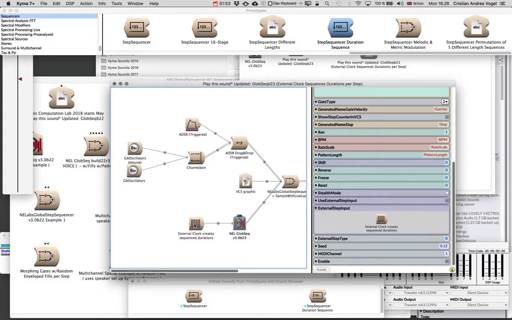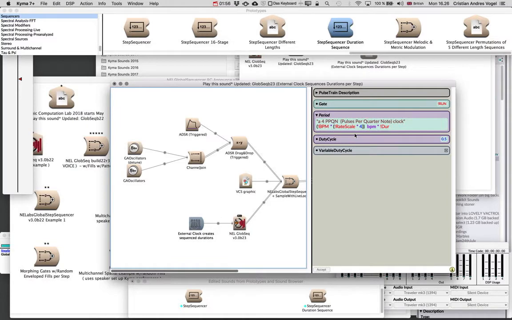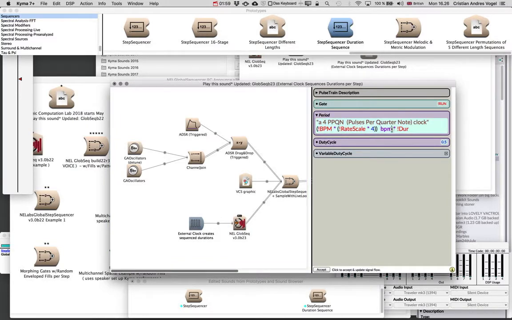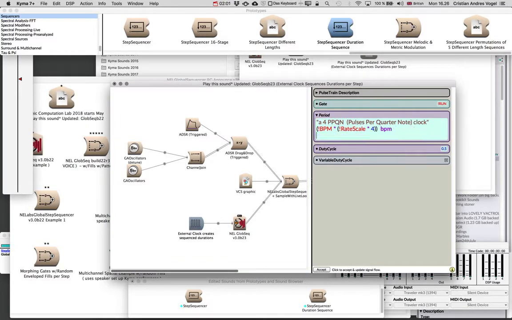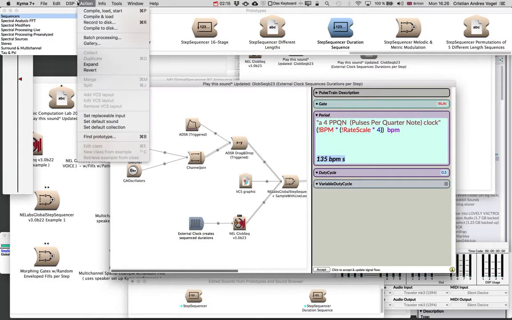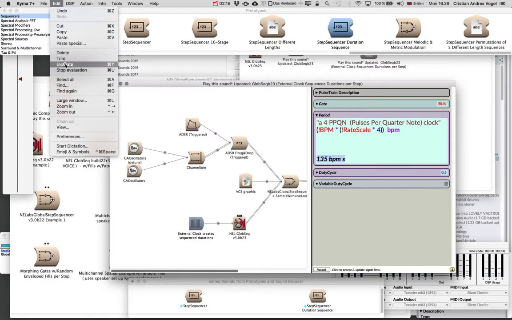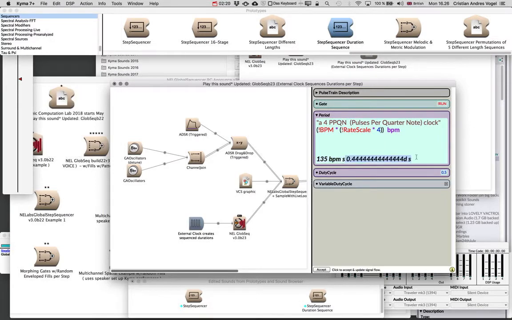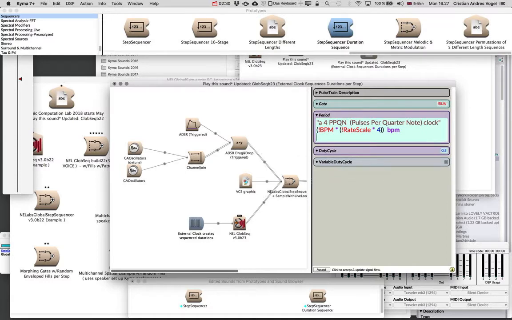So we'll just take a pulse train, and you think of the pulse as having a regular duration of the duration of a beat at a certain BPM. In Kima, if you want to find the duration of one beat at, say, 135 BPM, you can just type 135 BPM seconds and evaluate it, Apple Y, or from the Kima menu. You see that one beat at 135 BPM is 0.4 recurring seconds. So in this way, we know the duration